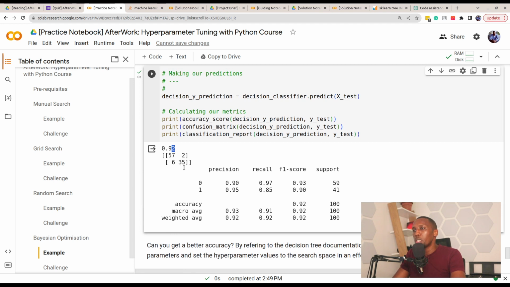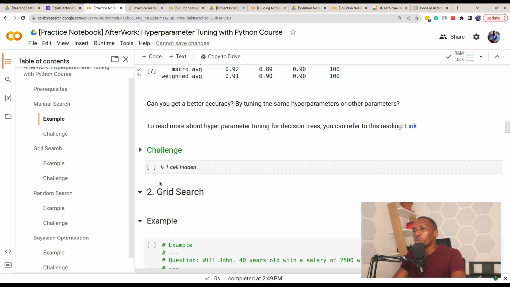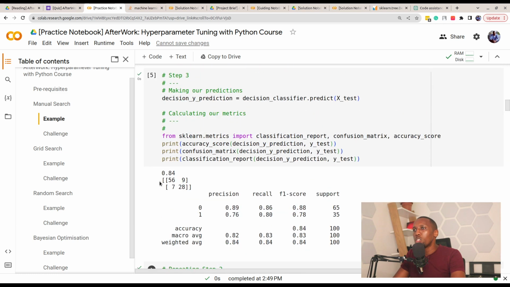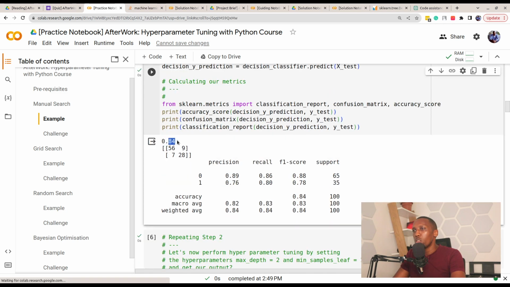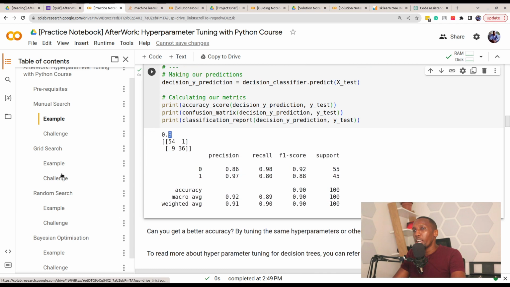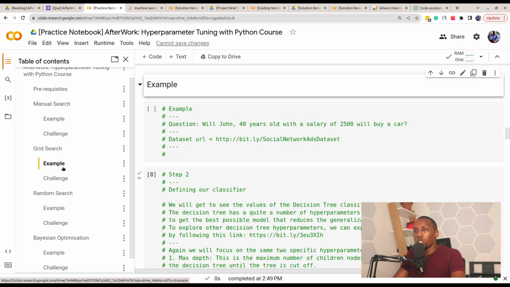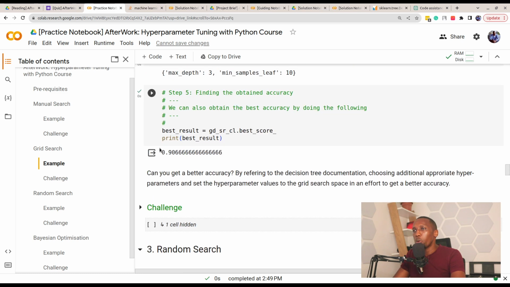And voila, we have a machine learning model. So initially we started off with 0.84. If you remember, that's the same model we got when we just worked with what we had. We did not specify anything. We started with 0.84. Then we did manual search. We got 0.9. Then we went to grid search, and for grid search, we got 0.91